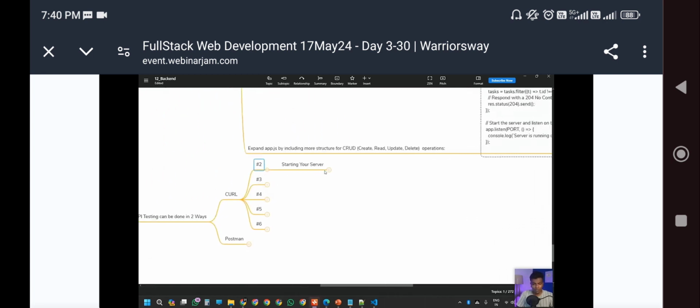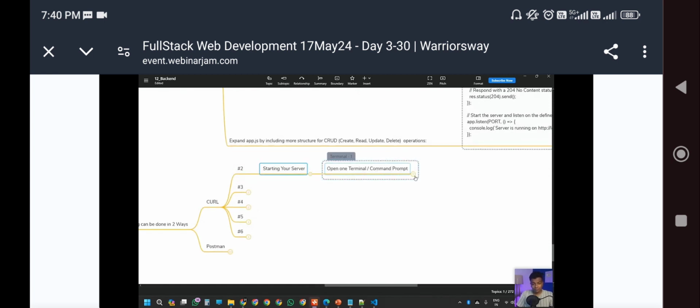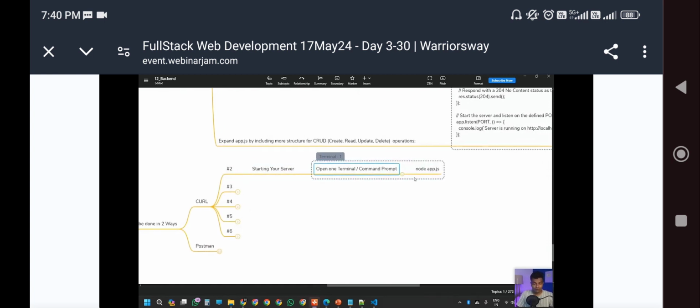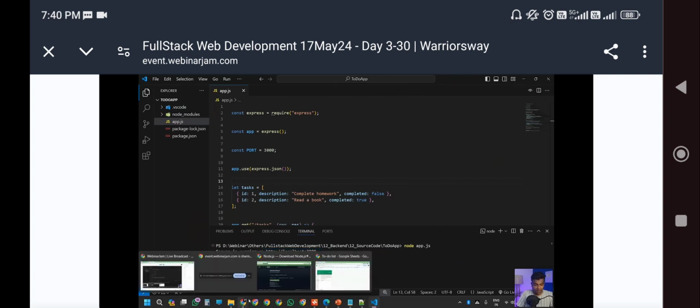So I'll tell you, don't worry. First of all, while talking about the curl method, first open your first terminal and launch your application. This is my first terminal, for example, node space app.js. So right now my server is running. Just carefully watch. Right now, if you visit any of my page,